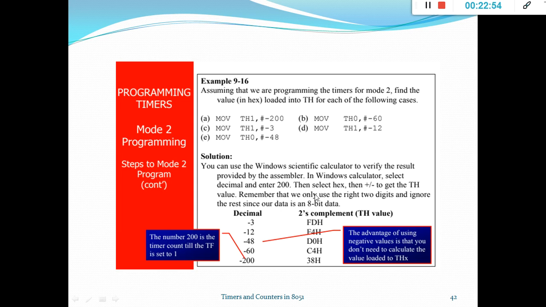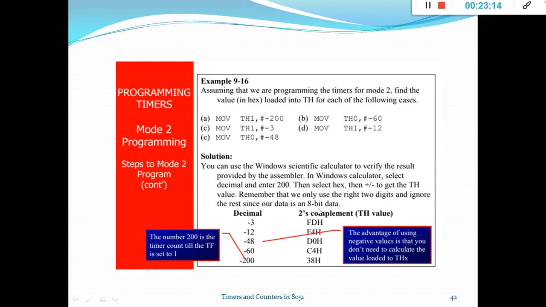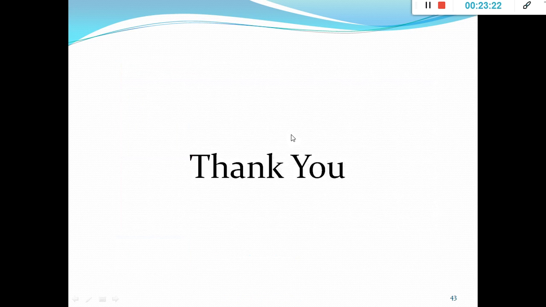Remember that we only use the right 2 digits and ignore the rest since our data is 8-bit. Once you get the value, suppose it is 12-bit or 16-bit or 8-bit. 8-bit is no problem. If you get 12-bit, only use the right 2 digits and ignore the rest, since it is 8-bit data. So this is how you use a negative value in a register. Okay, so thank you.